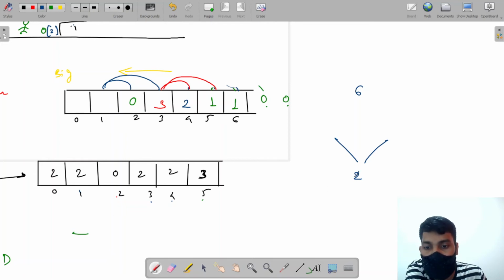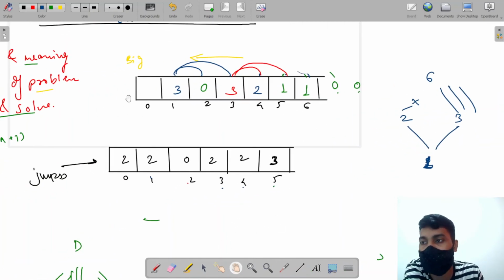If we are at first stair, we have two choices, that is to reach second stair and to reach third stair. From second stair there is no path, but from third stair there are three paths, right? So we are directly going to store that here, that is 0 paths plus 3 paths, that equals 3 paths.